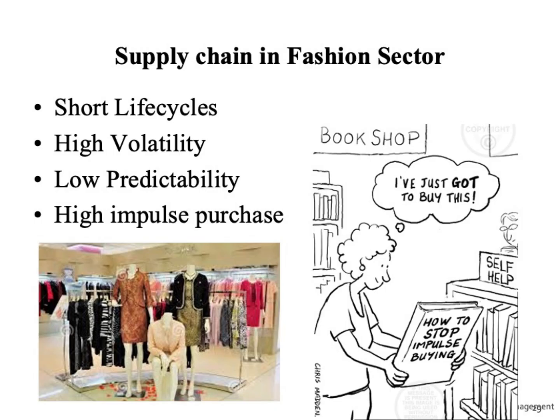The fashion industry is an ultimate example of the dynamism of the supply chain. Features of the fashion industry are as follows. The products have very short life cycles, from a few days to a few weeks. Zara, being a fast fashion brand, changes its styles every 15 days. The fashion sector also has high demand volatility and it is very difficult to predict the demand on a long-term basis, which makes production planning difficult. Consumers of fashion products show high impulse purchase behavior and less predictability about the actual purchase.